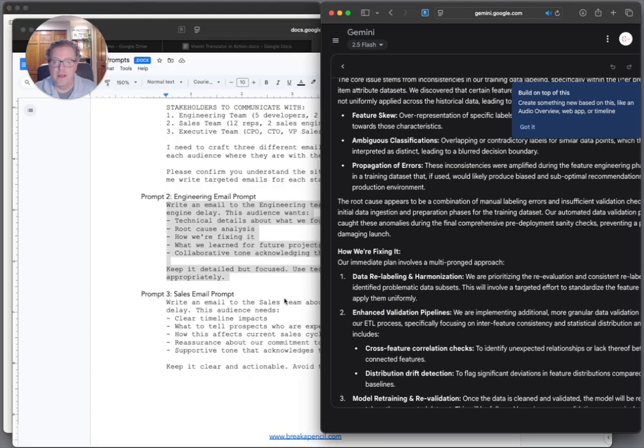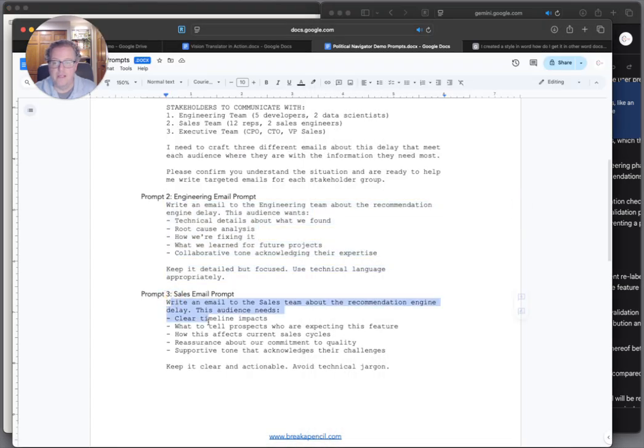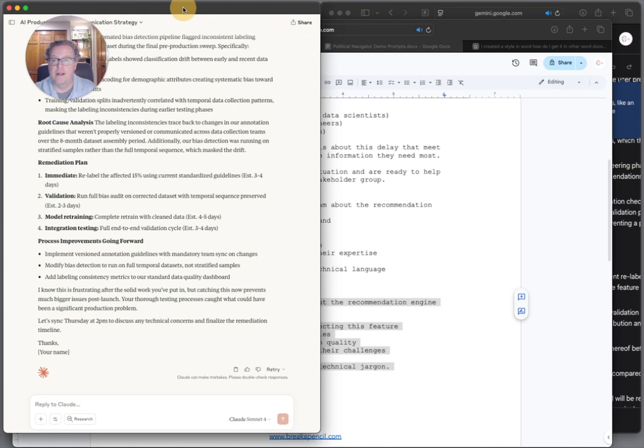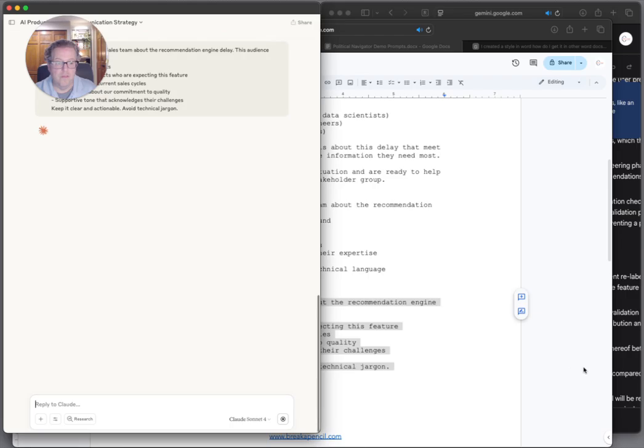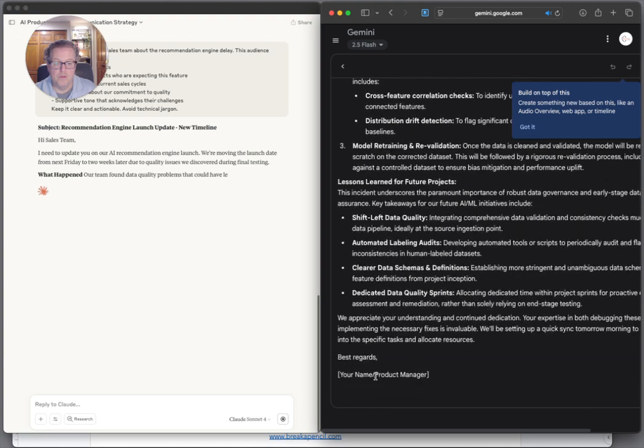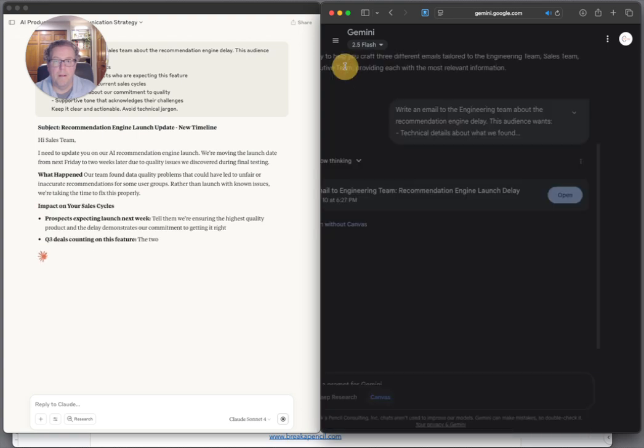Great. Let's go ahead and do the sales prompt. Keep it clear, avoid technical jargon. These folks want clear timeline impacts. What do they tell prospects who are expecting this feature? How it affects current sales cycles, etc. So going back over to Claude, paste, send, excuse me, go to Gemini,